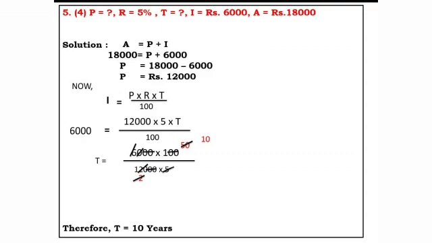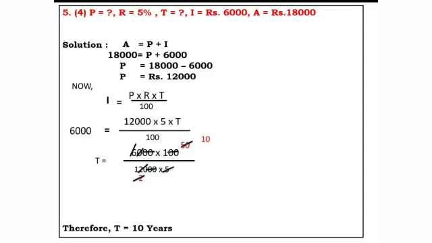So now what are you first going to find out? You are going to find out the principal, because if you write the formula of I, it is P into R into T. So there you are going to find out P also and you are going to find out T also. How can you find out both when interest is given? So here as amount is given, we can find out the principal. So first we are going to find out the principal by writing the formula of amount.